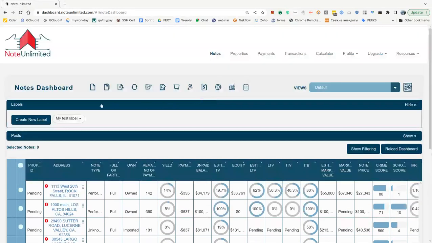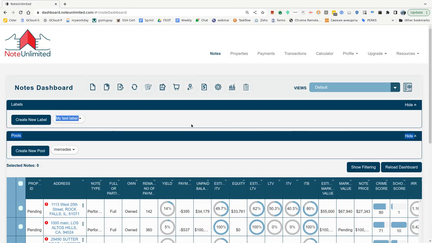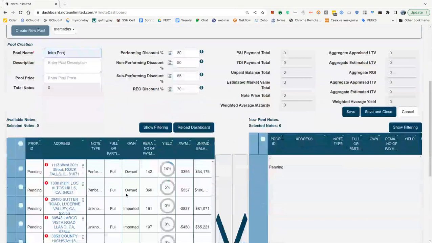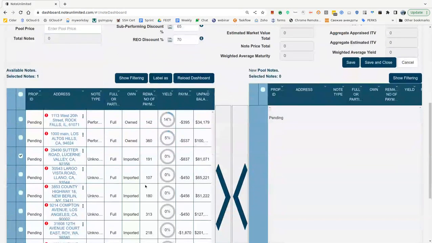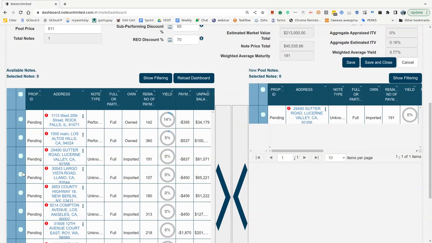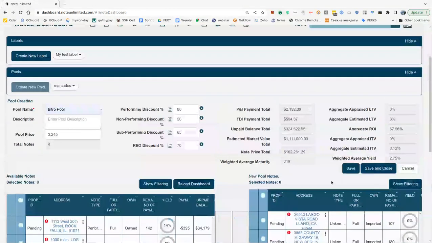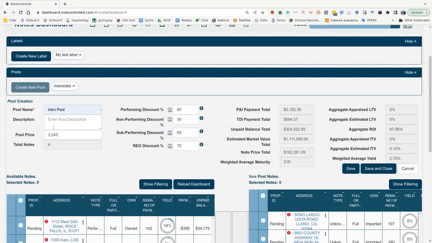Similar thing is with the pools. However, pools are much more sophisticated device for us. So we can do the following. I can create a pool. I can create a new pool, and I will name it, let's say, intro pool. And I will be able to put here nodes, which nodes I want to put into this pool. Let's say this one. I can click couple more nodes, and I will put them in this pool as well. So as you see, I have here 4 nodes,